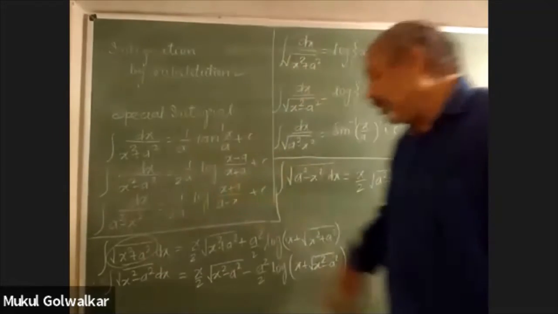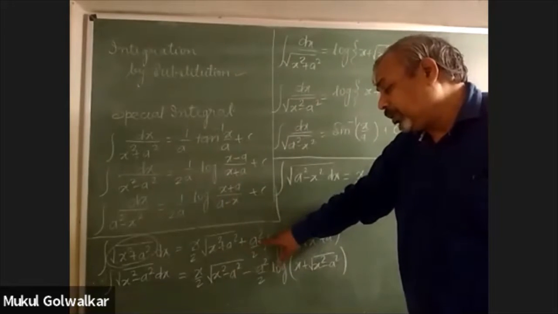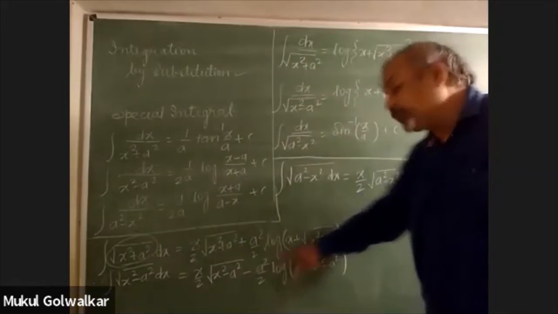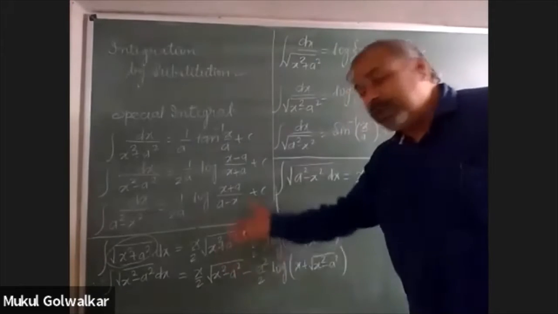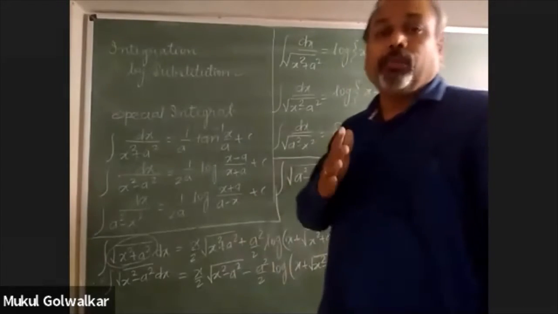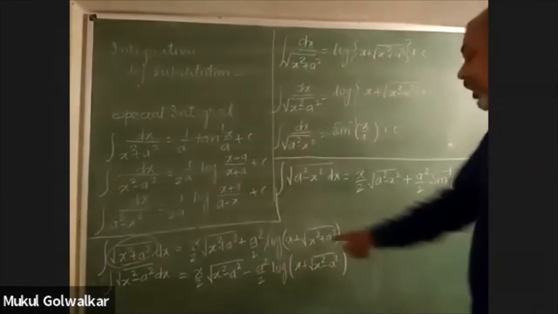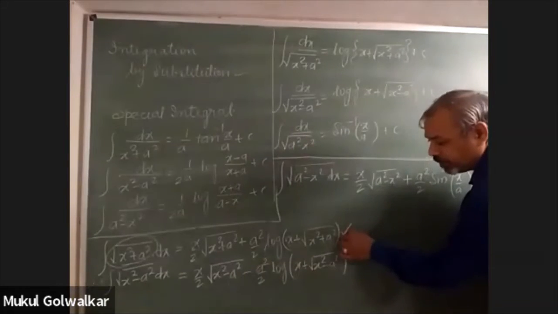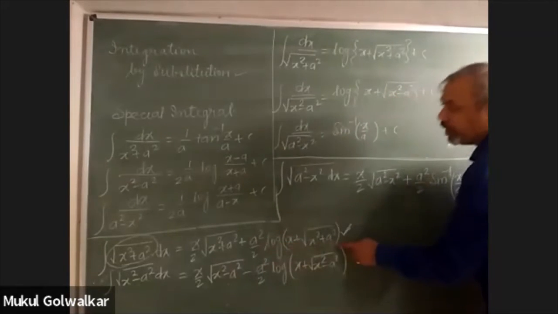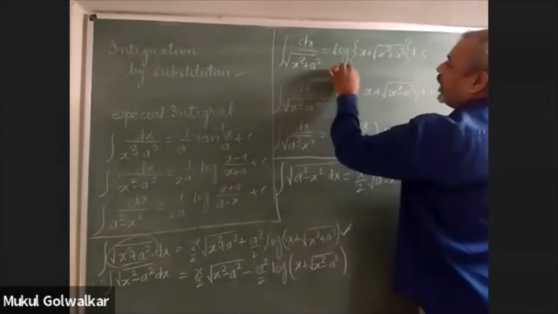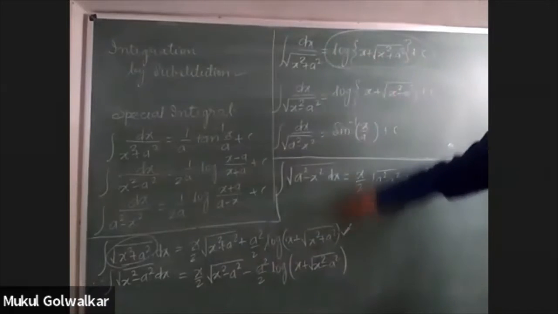Correct? And now you see that the second term starts with a square by 2. In the second formula also a square by 2. In the third formula also a square by 2. Okay. So these are all the similarities which will help you to memorize and to recall the formula correctly. Not only that, but now you see this answer, a square by 2 into log of x plus under root x square plus a square. If you could try to recall this formula which I have encircled, this is the same quantity.